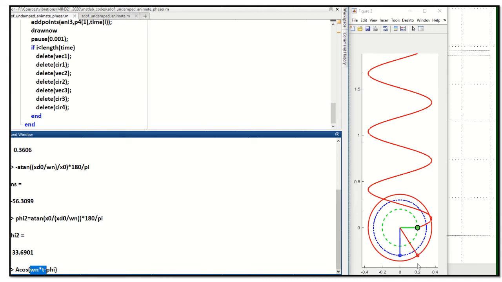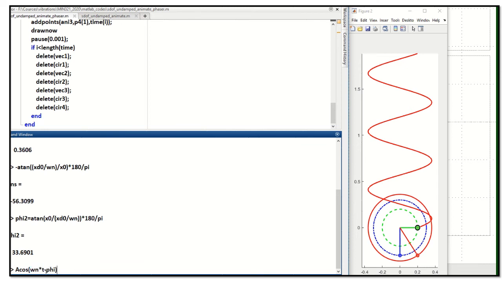So as the time increases, there is some angle addition, and hence this fictitious particle moves along this circle as the angle is increasing. While you represent the motion of your mass using this, we'll call this a phase, and that phase changes with respect to time because of this quantity, which is omega n times t. This quantity is adding up to the phase.